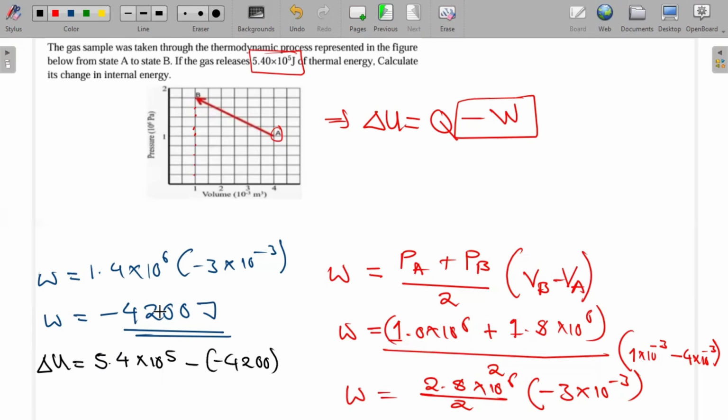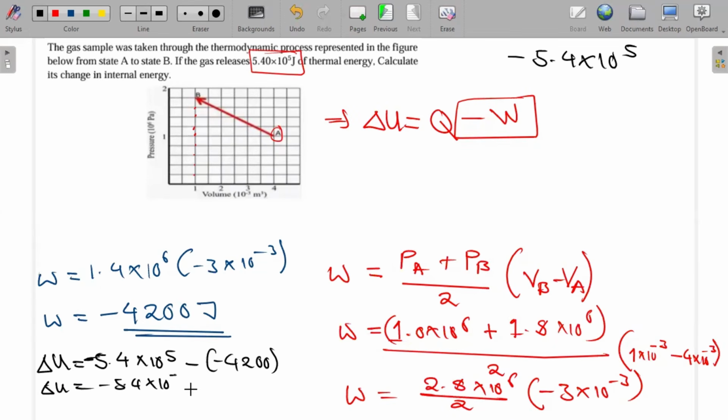So to calculate the change in internal energy, what are we going to say? This gas is releasing this heat, it's not absorbing. If it's releasing this heat, that means even this value itself should be negative. Instead of being positive, it's being released, going out of the system. So it will be negative 5.4 times 10 to the power 5, which means even in our equation we are supposed to indicate the negative. So my change in internal energy will be equal to negative 5.4 times 10 to the power 5 plus